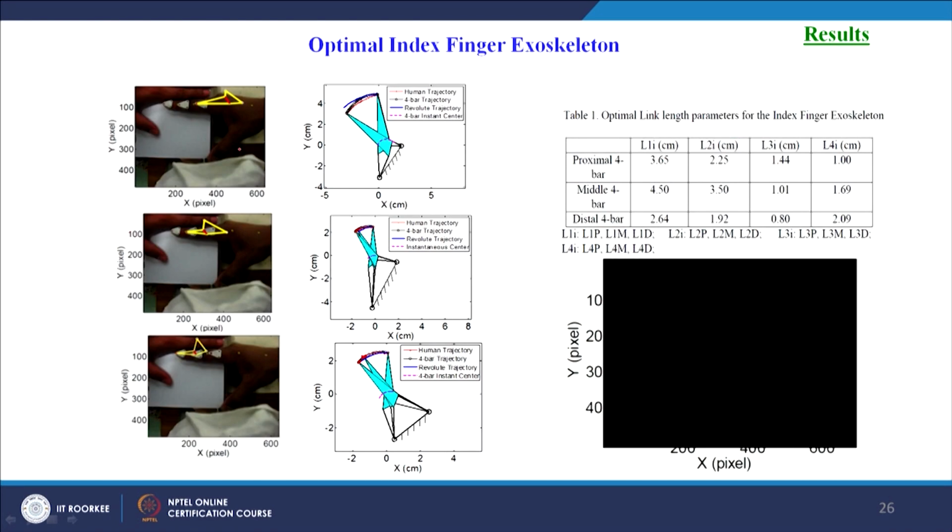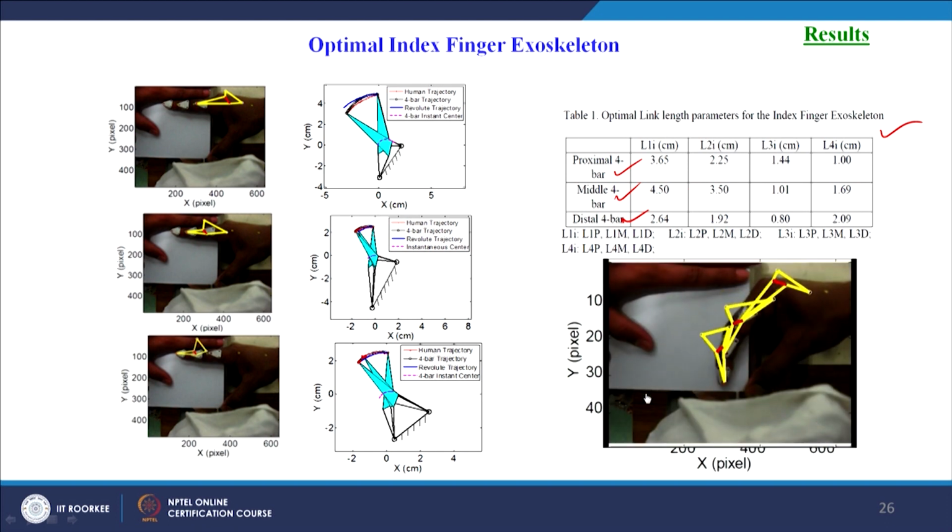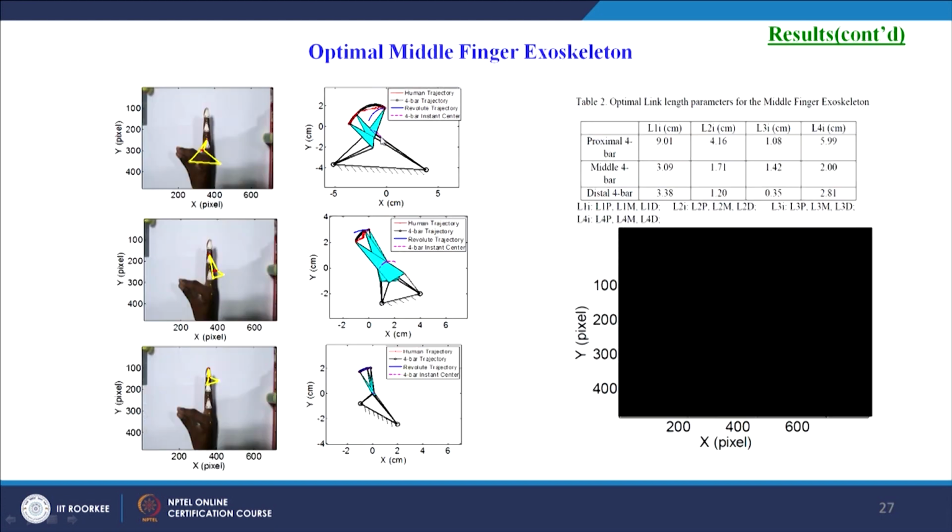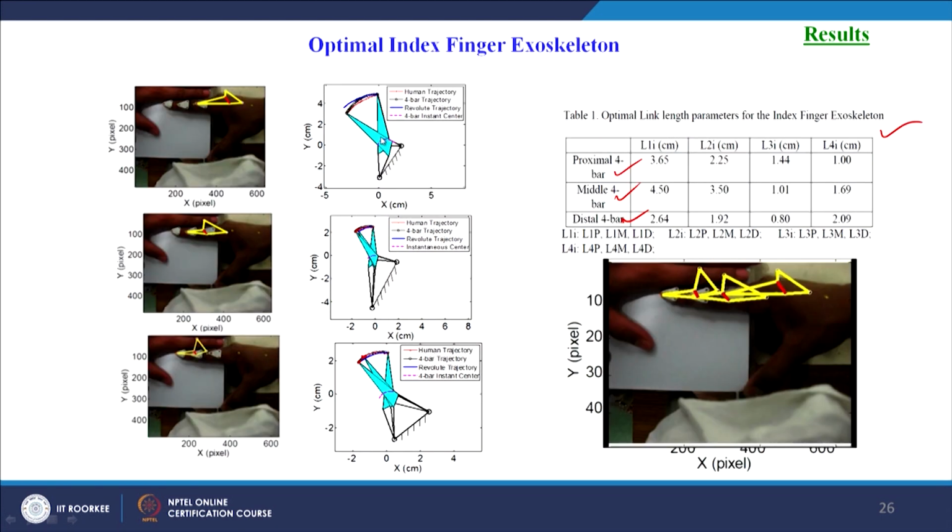And now coming to the optimal parameters, that is the final optimal parameters of the index finger, middle finger and thumb exoskeletons. As shown in the table here, we have the optimal link length parameters of each 4 bar mechanism, that is the proximal, middle and distal mechanisms, and all lengths are given in centimeters. And you can see the simulation of the serially connected 4 bar mechanisms for the index finger exoskeleton in tracing the desired trajectory. This is the trajectory of the instantaneous joint center of the 4 bar mechanism,